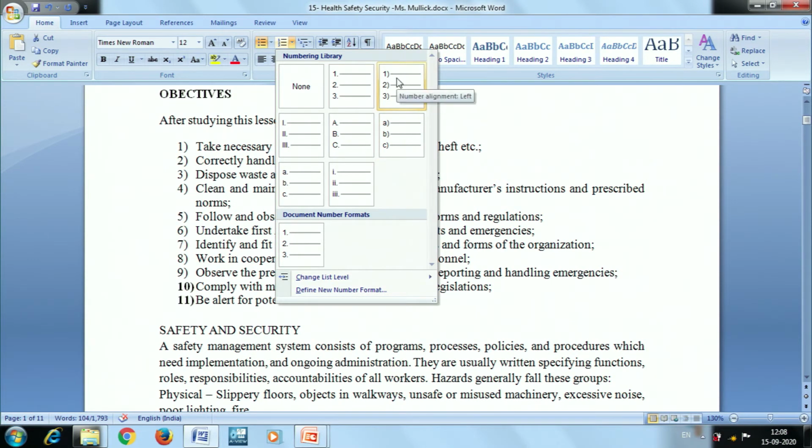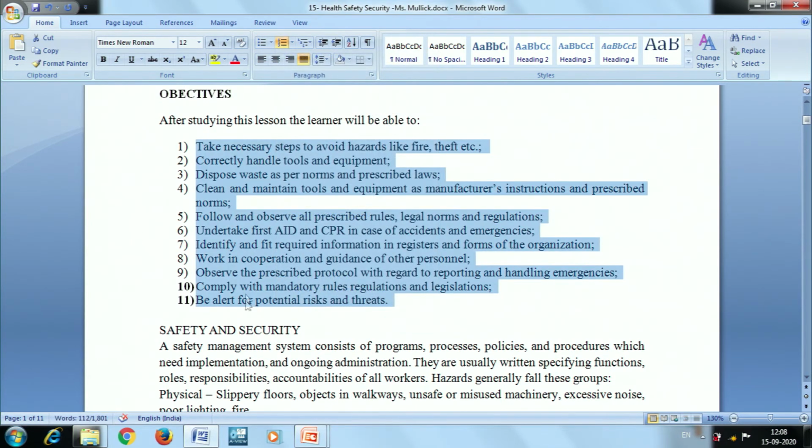The other style of numbering is 1, then a bracket. So if I want to put 1, 2, 3 like this, I can use this option. Once I have selected, the content has been changed accordingly.